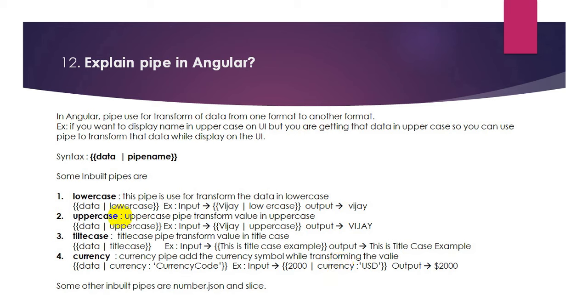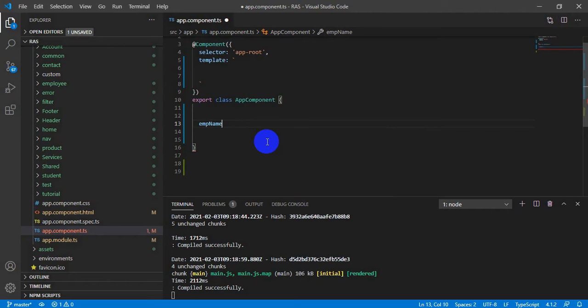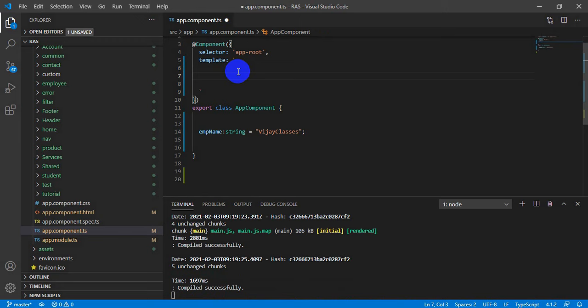Now we will see how we use pipe in Angular. We will see the syntax, and I will give you one example of the lowercase. For example, I have a variable named empName. Now I want to display this in uppercase. What is the syntax of the pipe?